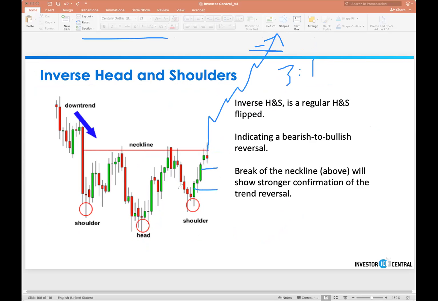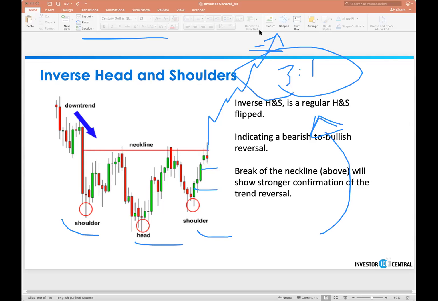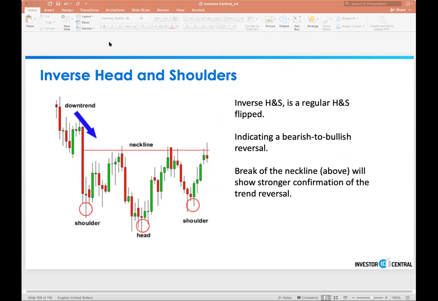So just because you make one trade, and let's just say this made you 3 to 1, does not mean the next head and shoulders that you call out is going to give you this exact reward. Okay, guys. So that's just one thing that I wanted to make clear. But damn, if you made 3 to 1, that's a pretty good trade. But anyways, next